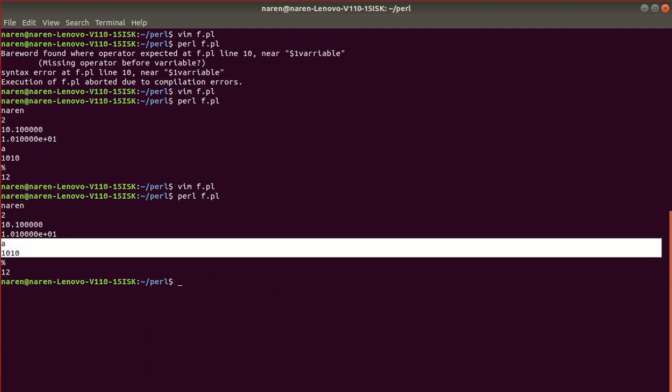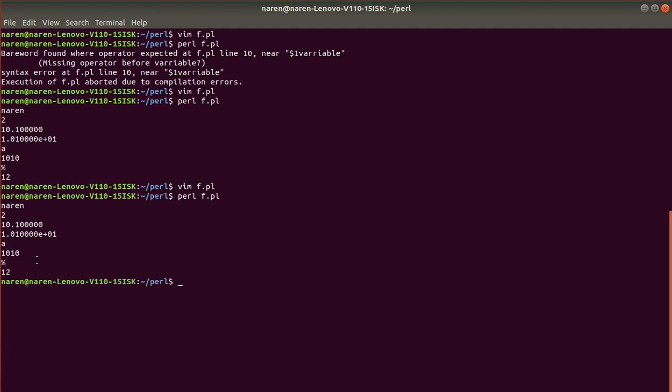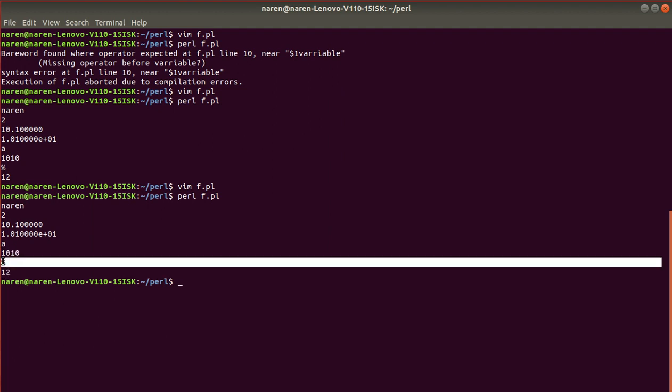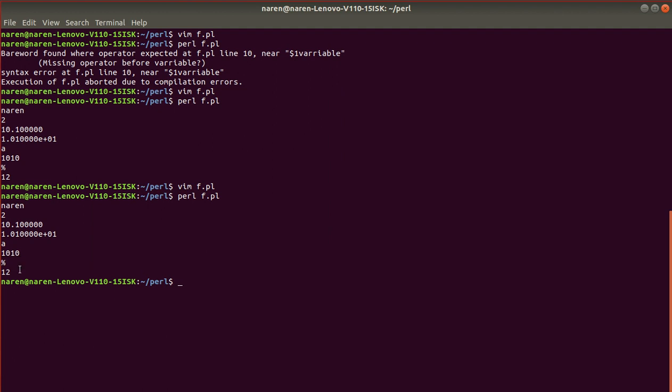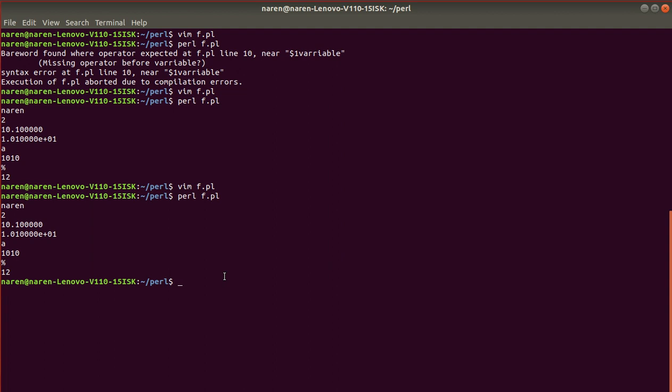I have used here 10, it printed the binary number of 10, 1010. I guess 1010 is the binary number of 10. And I have used double percentage for printing a single percentage. So when we want to print the single percentage, we need to give double percentage. When we are going to print an octal number, we need to give percentage o. I have printed the octal number of 10, it's 12, and if we need to print any hexadecimal value, we should use percentage x.